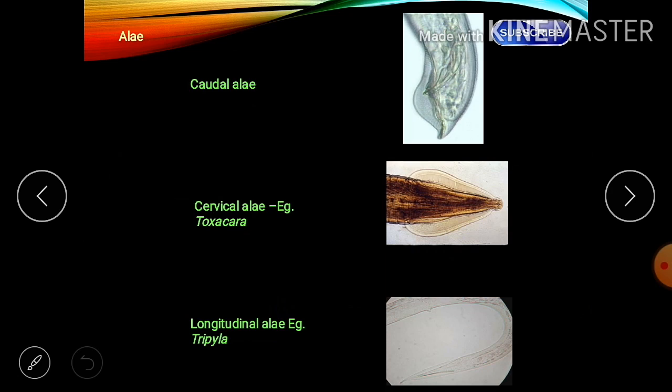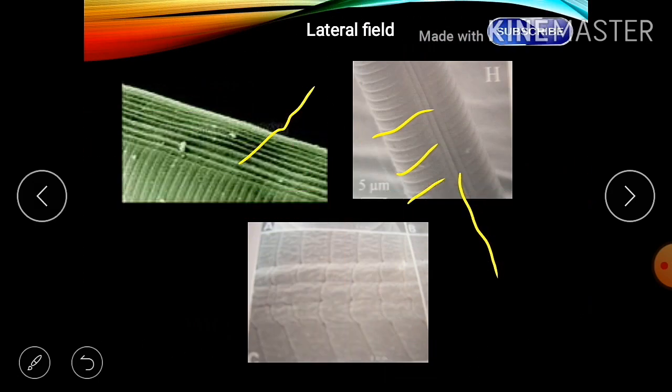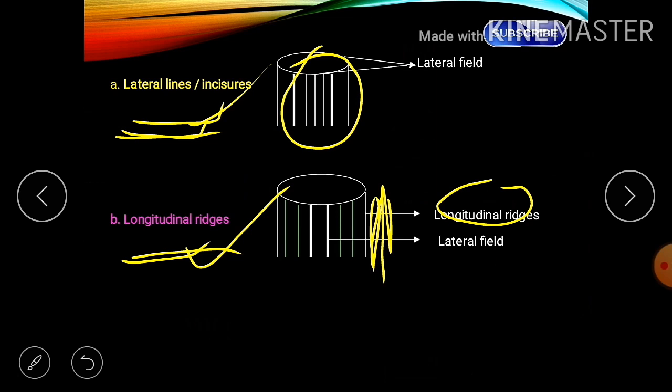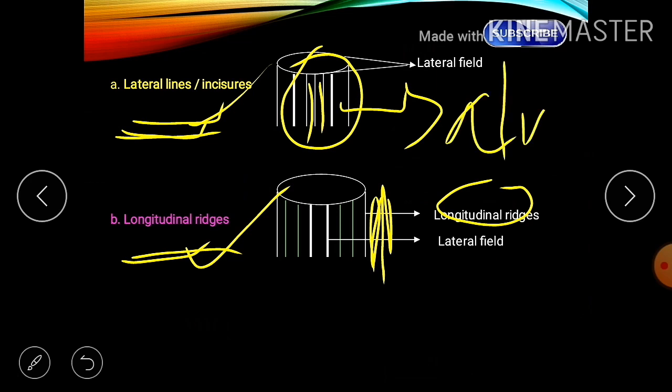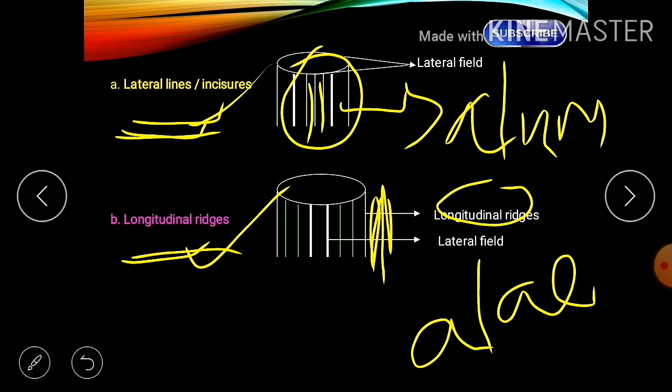Okay, what is alae? Yes, here you see lateral lines. Inside, so many lines are there. Each line is called an ala, and the plural form is alae. They are generally 0 to 12 in number. Their definition is a thickening or projection of the cuticle which occurs in the lateral or sublateral region.